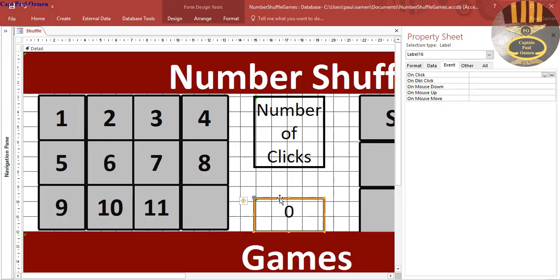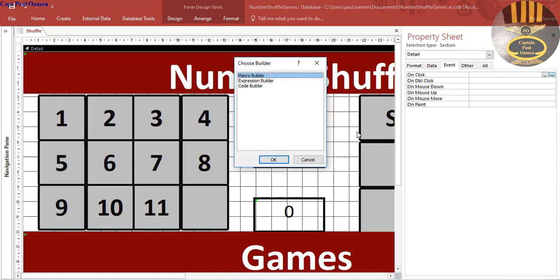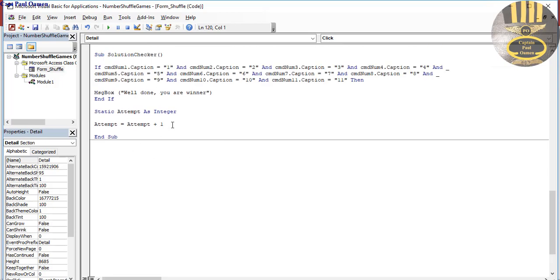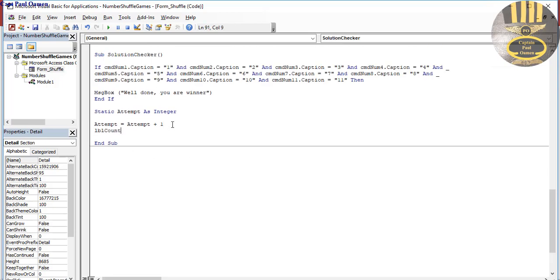Does this have a name? No, I don't think it has a name. So let's give it a name. Let's call that LBL count. Alright, that's fine. Grab LBL count and let's go back into our code view. And where is it? There we go. Right there. LBL count dot caption, that will be equals attempt. So that is the button that actually